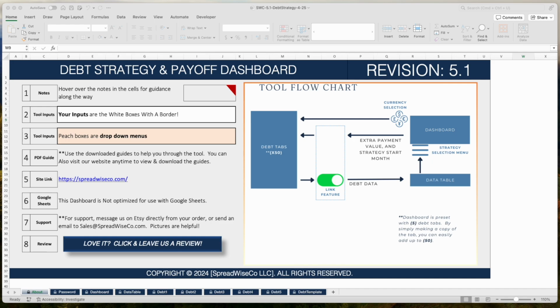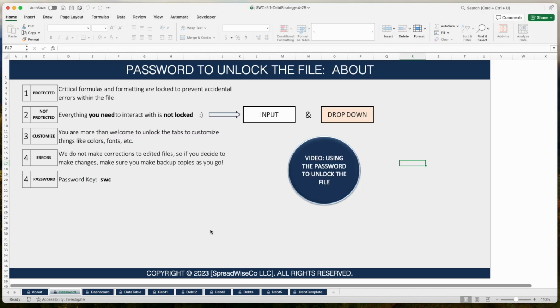So this will be a longer tutorial and overview of the product. I'm going to try to go into good detail of how it works, how to use it step by step. I do want to cover one thing before we get started, and that's in terms of the password